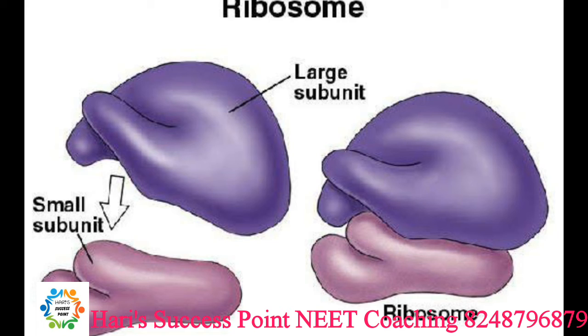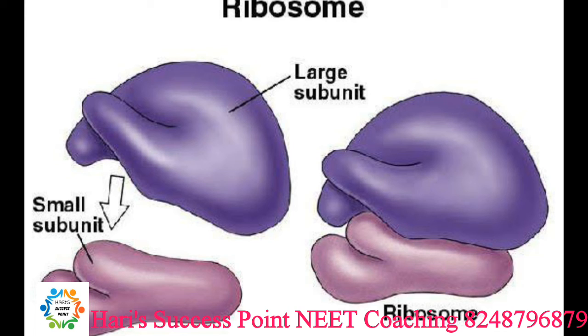Ribosome is not a membrane bound organelle, so they are present in both prokaryotic and eukaryotic cells. We can divide ribosomes into two groups, prokaryotic ribosome and eukaryotic ribosome, but they differ in their composition. The eukaryotic ribosomes are 80S while the prokaryotic ribosomes are 70S. The S denotes the Svedberg unit. Both types of ribosomes are made up of two subunits, a larger subunit and a smaller subunit.